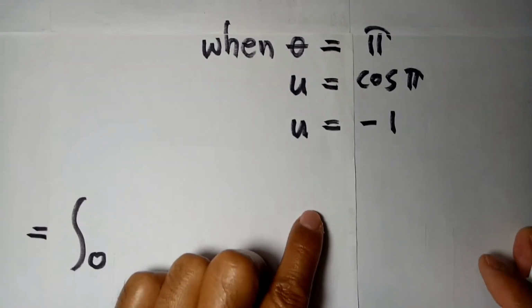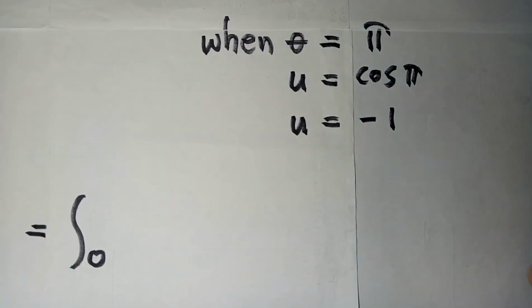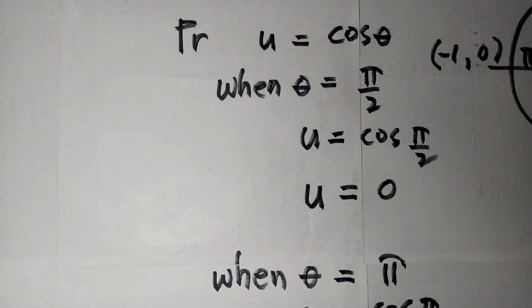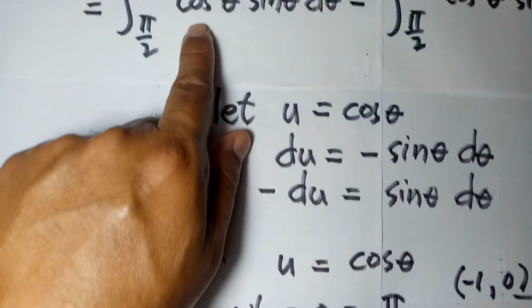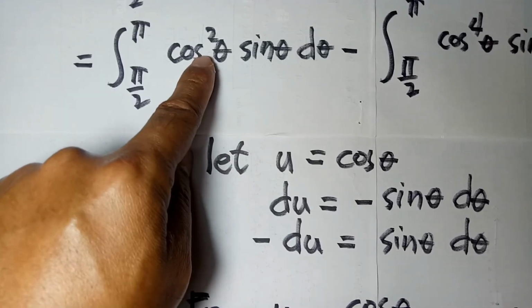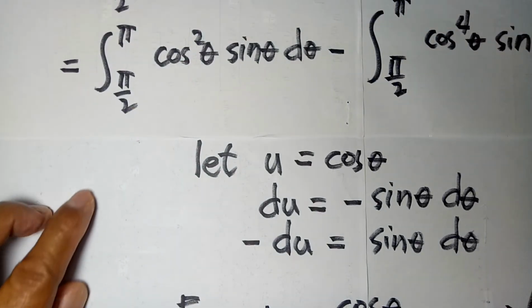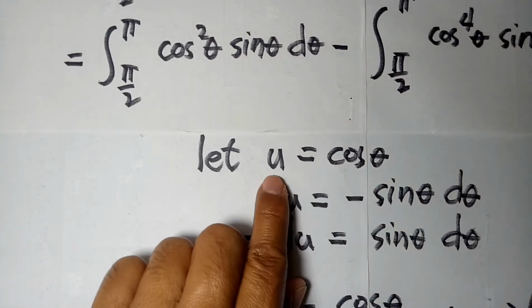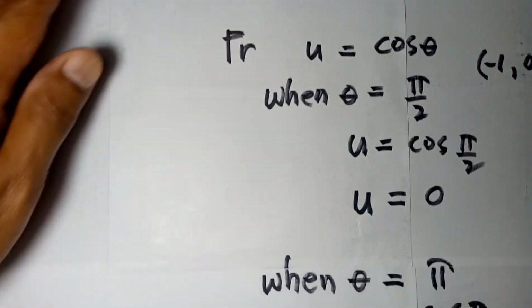And then the upper limit in terms of u is negative 1. Okay? And then we have cosine squared, and cosine is equal to u. Kaya magiging u